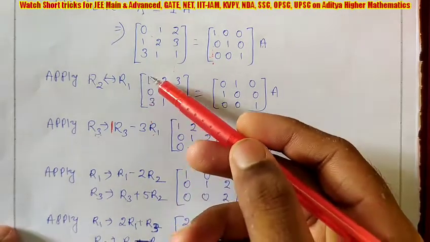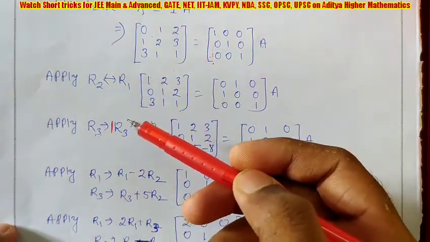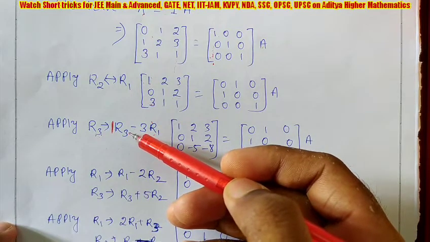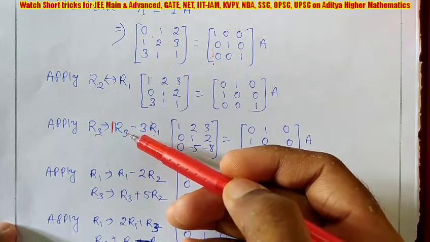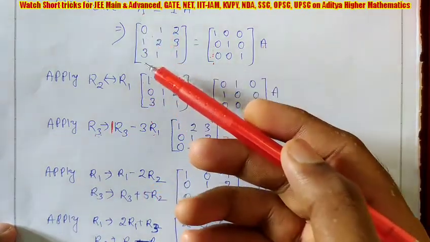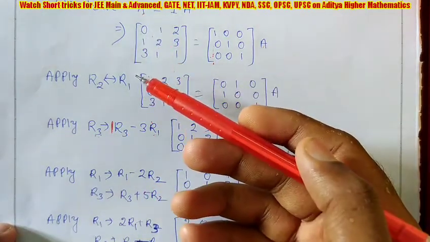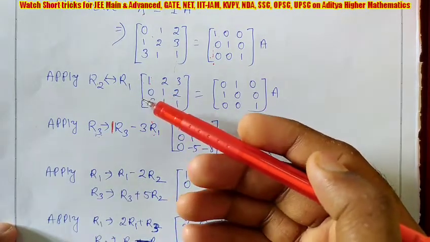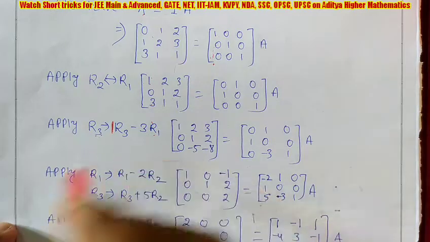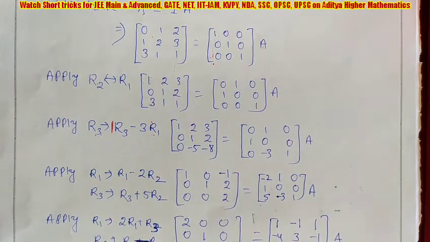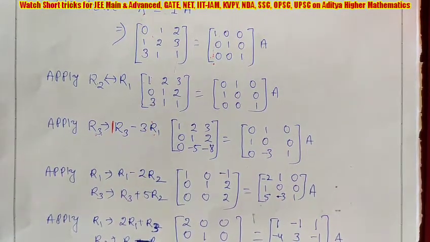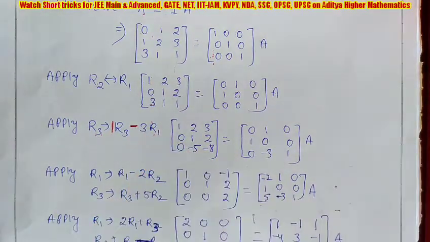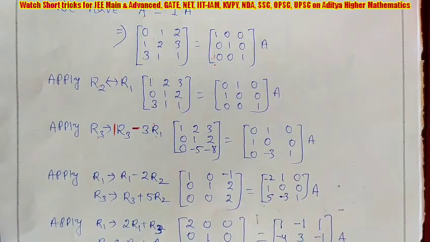That means if both have same sign, then how to make 0? You have to subtract. That means you have to use negative sign. So for same sign, use negative or minus. If both have positive sign or same sign, then you have to use negative only. Or both have negative, then you have to use minus only. But if both have opposite sign, that means one is plus and other is minus, then you have to use plus here. So that middle sign depends upon the signs of elements what you are using.